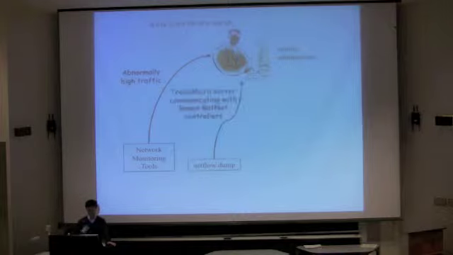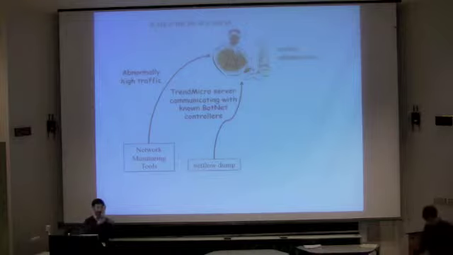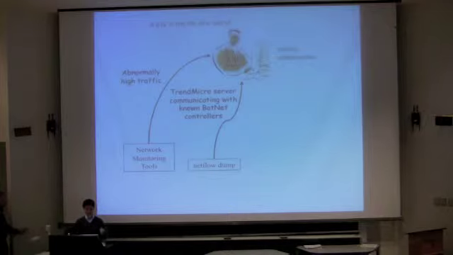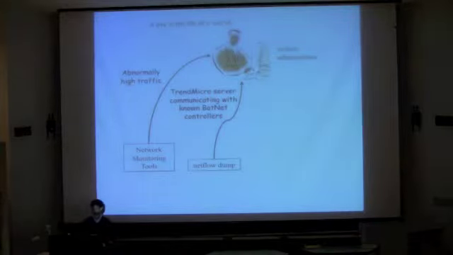Well, he found out that there were a few Trend Micro servers. Trend Micro is an anti-malware vendor. The servers from Trend Micro basically maintain up-to-date malware definition files for people to download. Some of those Trend Micro servers were communicating with known botnet controllers. The botnet, you all know what it is: compromised machines, zombies controlled by criminals to attack other machines. That really raised a red flag for him, since those machines should not be talking to those potentially malicious IP addresses. So he would like to figure out what was really going on.